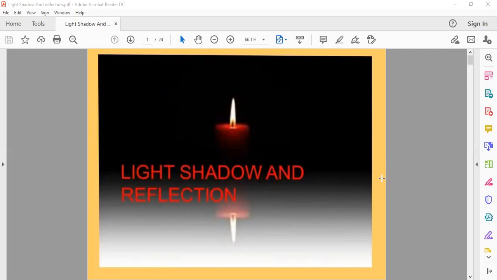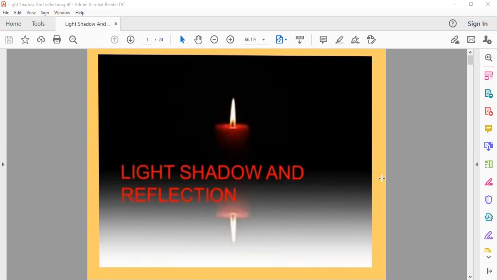Only then we can see the objects present in that room. I think now you have got the answer, that we are able to see only those objects on which the light falls. So it means without light, things can't be seen, and light helps us to see the objects.